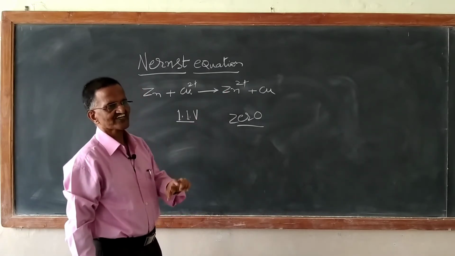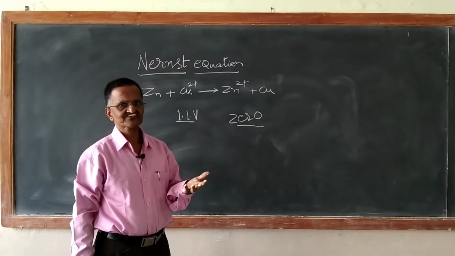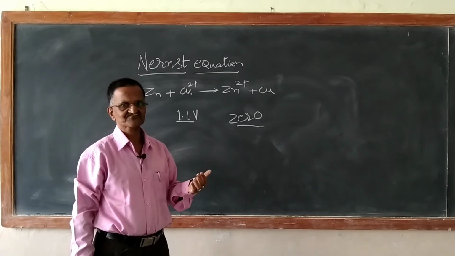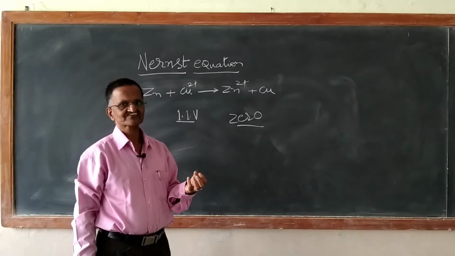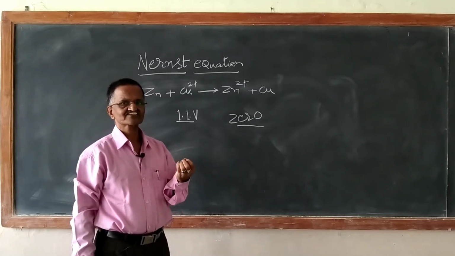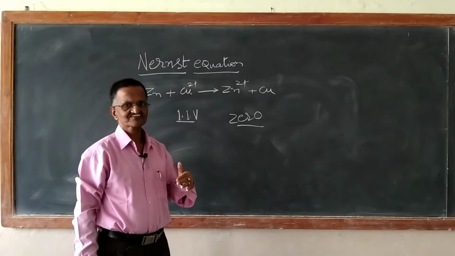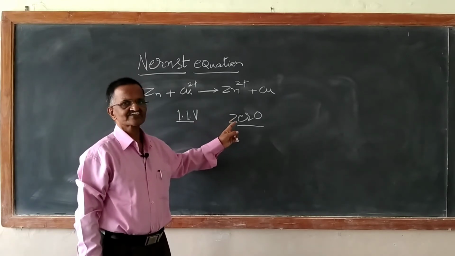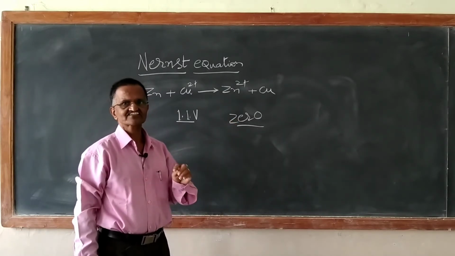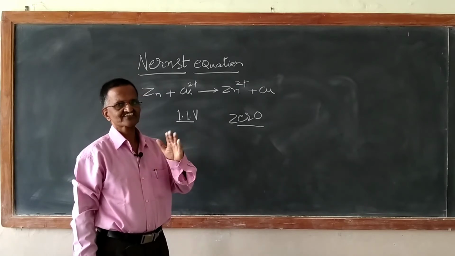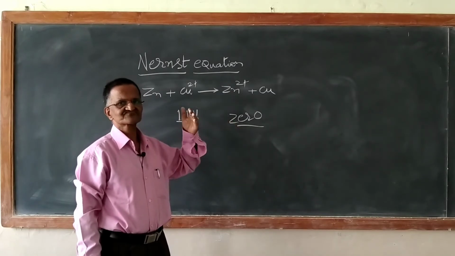If you have a torch cell with you, on the first day see the amount of brightness that you have. With the days that progress, the amount of light that you get from it slowly diminishes, and one fine day you start saying that this cell is of no use, we will throw it. Why? Because the EMF of the cell will go on decreasing. Once it has decreased to 0, it gives me some meaning.